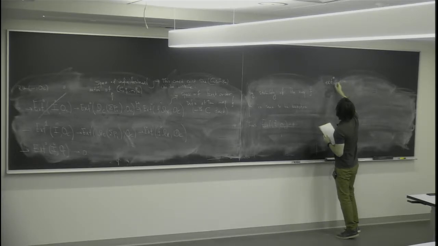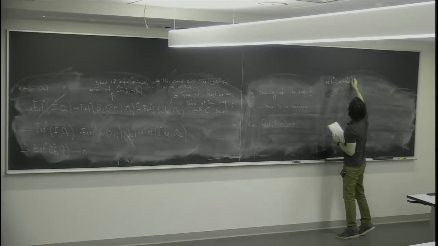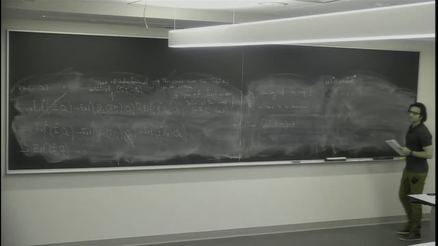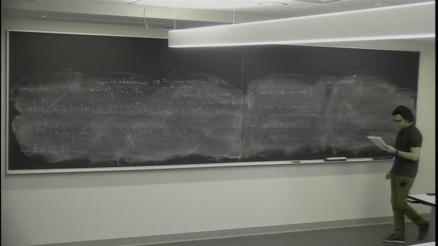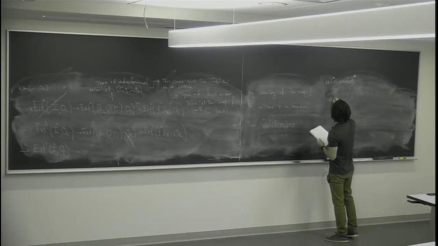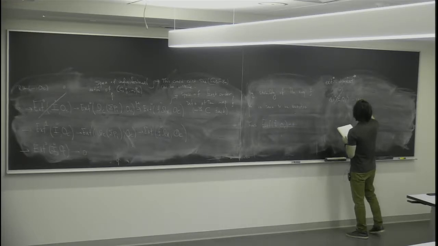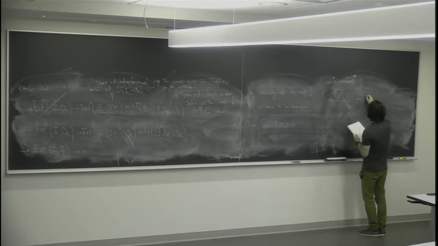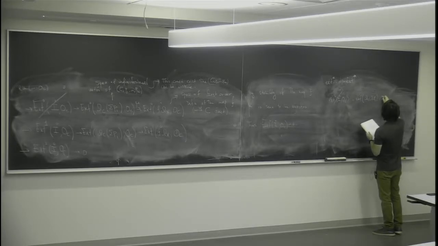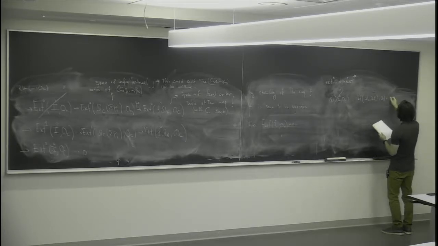Okay, so x0 of r dot OC, which is equal to 0, minus x0 of omega pi's OC plus x0 like that,